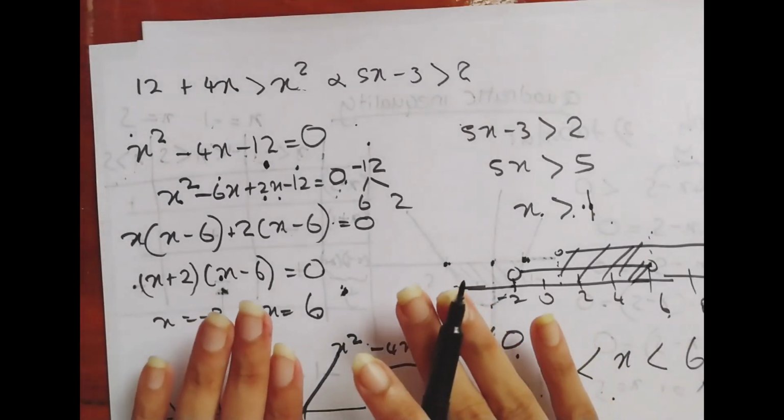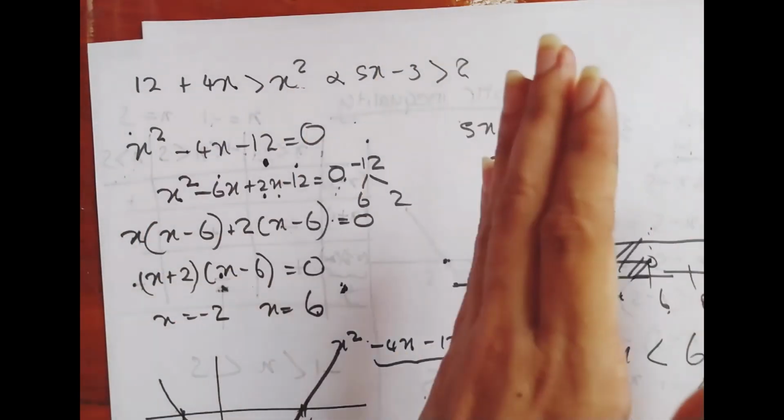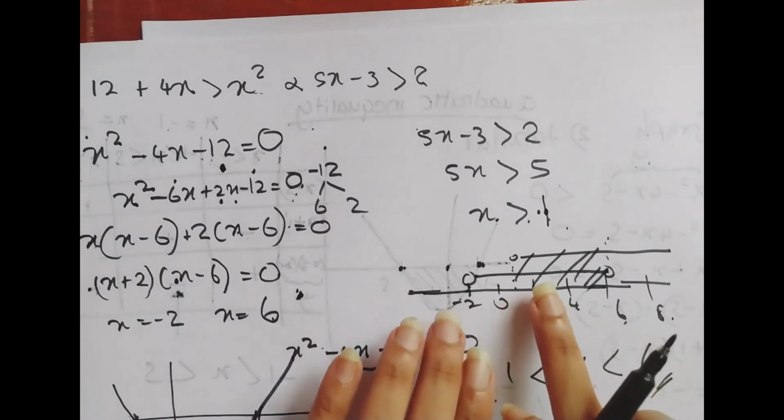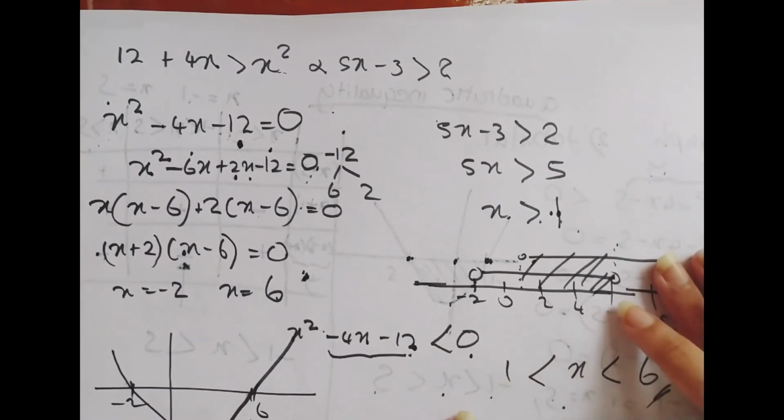So this is how you solve if you have a quadratic and a linear one. You do it separately and take them into one line graph and then see what is the common area for both of these. So I hope you understood this,